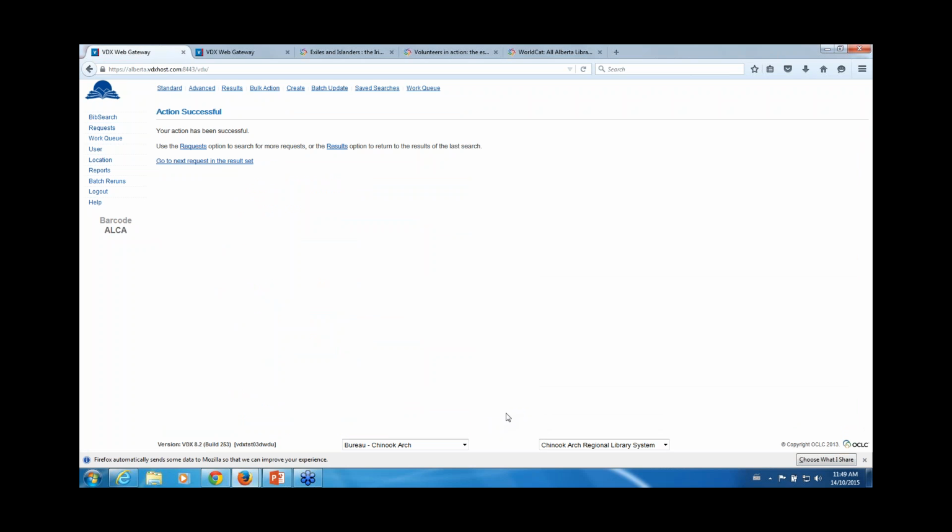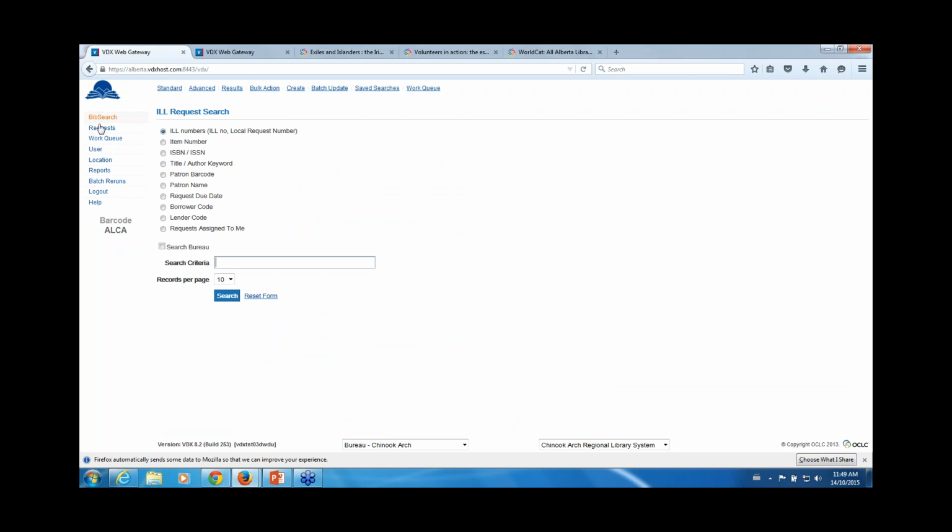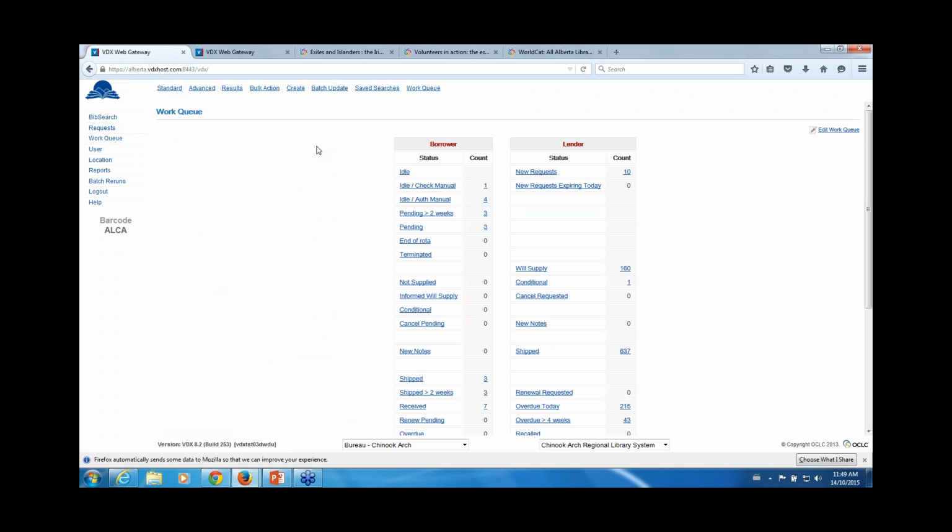So that's really the only one we're going to do out of the Oct manual, because it's pretty straightforward. It's built a rota. You just need to submit it. The ones that are going to be a little bit more high maintenance are the idle check manual. 9 times in 10, they end up in check manual because it couldn't build a rota, but there are other reasons, and we'll go over all the different reasons. Check manual is literally VDX saying there's something wrong with this request, I need you to look at it. So if we click on that,